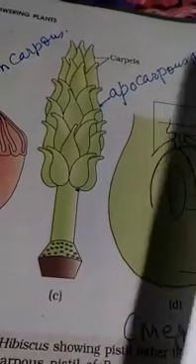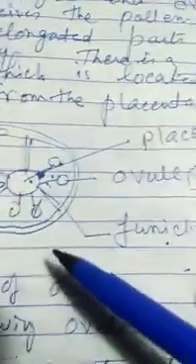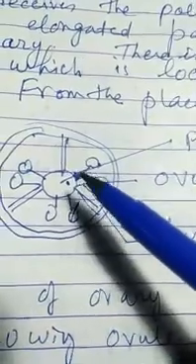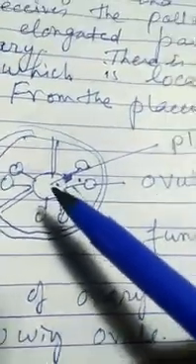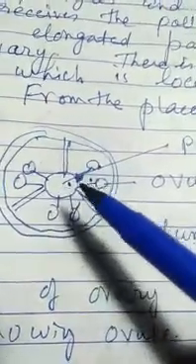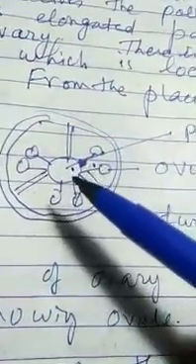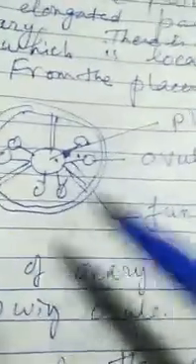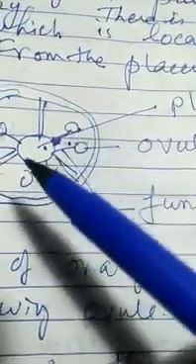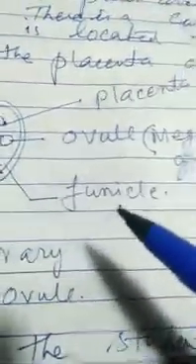Now we come to study what is there inside the ovary. An ovary consists of a free space which is known as locule. In this locule, there may be partitions in which a tissue called placenta is placed. This placenta can be placed in various ways: marginal or axial or parietal, according to the placentation. Now the ovules are attached to the placenta by a stalk known as funicle,